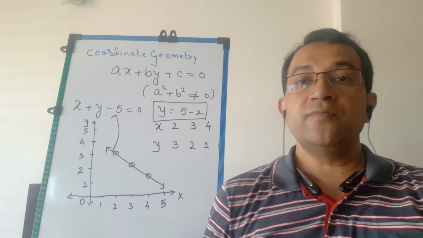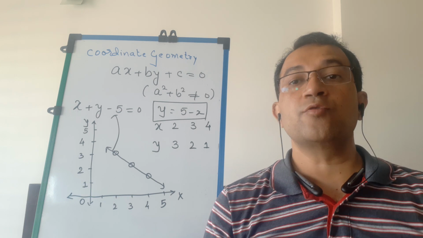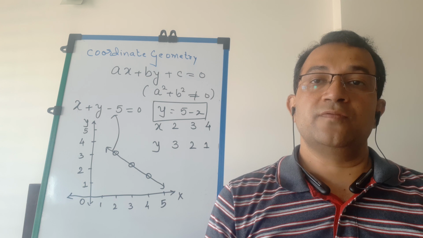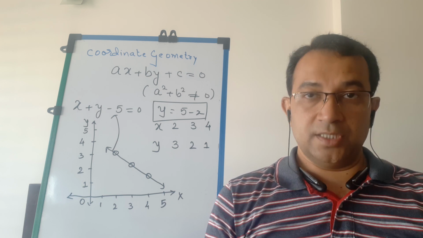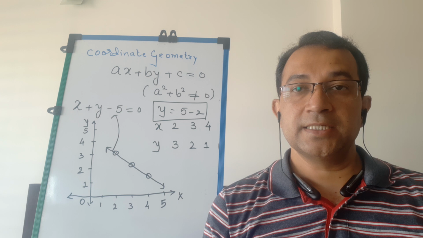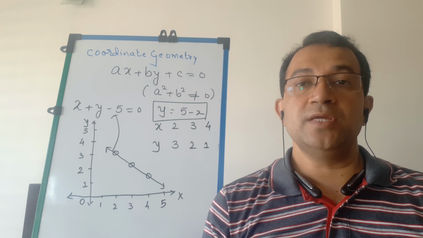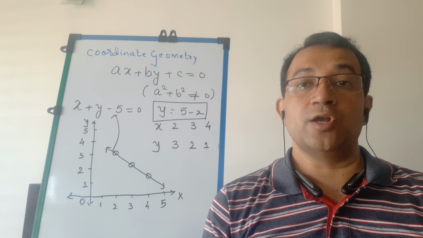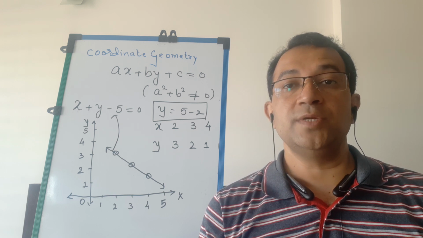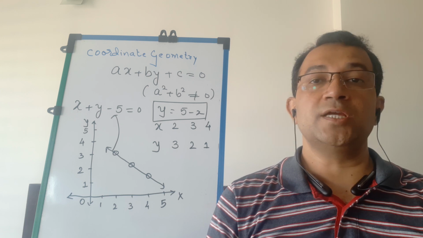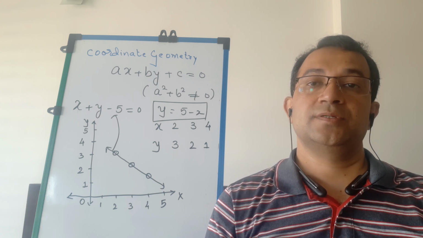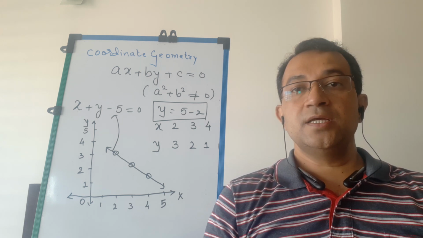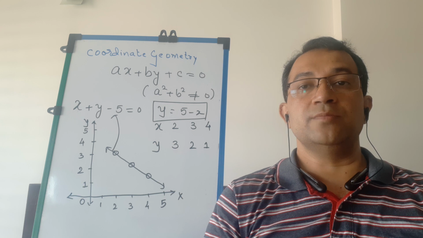Now if I flip-flop the concepts and state in terms of coordinate geometry, then I can say the general equation of a line. In general equation of a line is ax plus by plus c is equal to 0, such that a square plus b square not equal to 0, because if a and b at a time are 0, the equation vanishes. So this is general equation of a line, and definitely the graph of linear equation in 2 variables is a line.